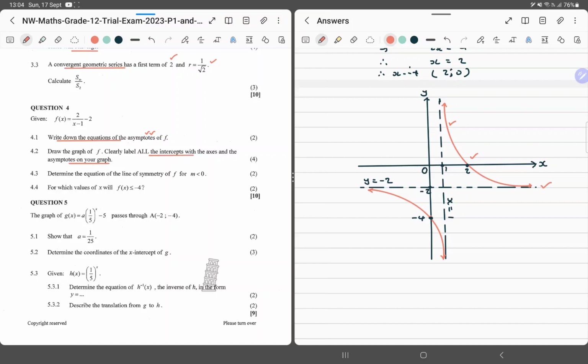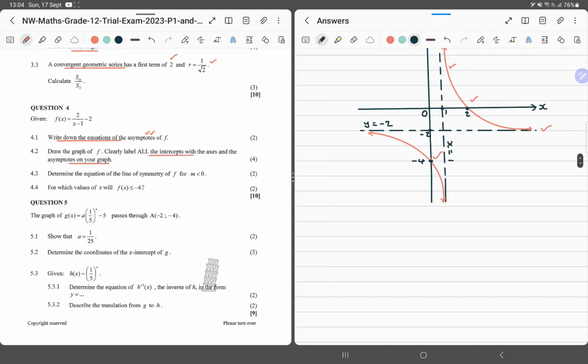So I believe the other mark is probably for the y-intercept then. It's fine. Okay, so let's move on. Next question says